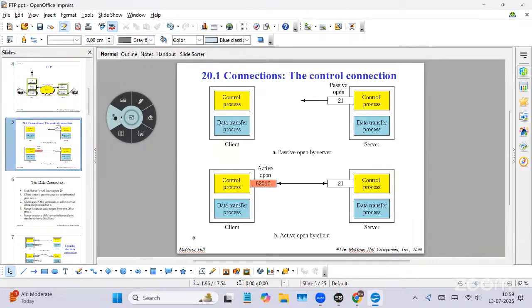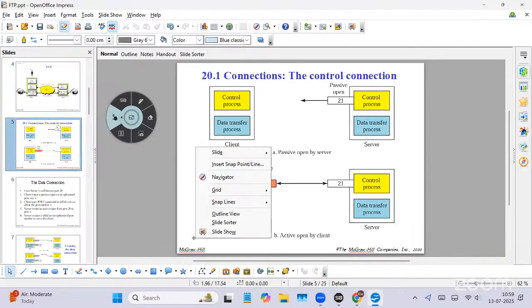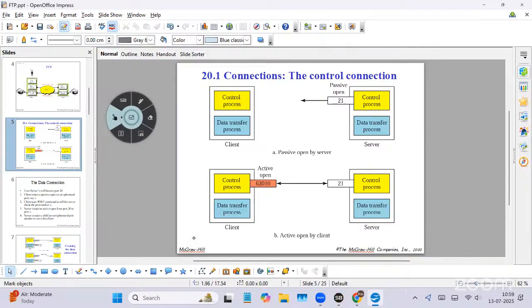So see, control connection. So in this control connection, first here active passive open by server, active open by client. So port అనేది server open చేస్తుంది. So here we need to have a connection. ఈ కనెక్షన్ అనేది ఎవరు ఇస్తారు, will give